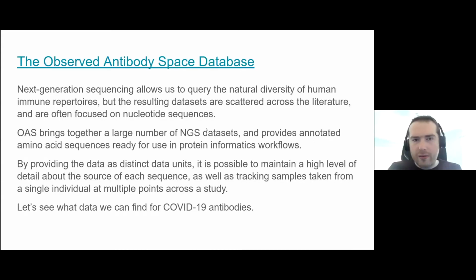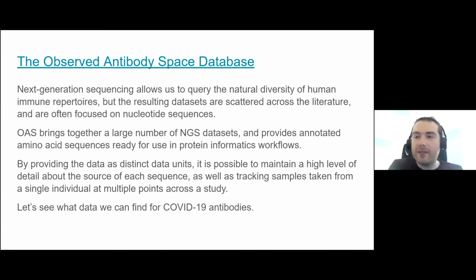So this is really bringing us right back to the very start of what Charlotte was saying. If we think about the data that are available to us, really the largest quantity of data that we have available comes from next generation sequencing, where we have this very large selection of antibody sequences that have been taken from a great many individuals, and next generation sequencing has really led to an explosion in the amount of antibody sequence data that's been available. NGS really allows us to query the enormous natural diversity of immune repertoires, but the resulting data